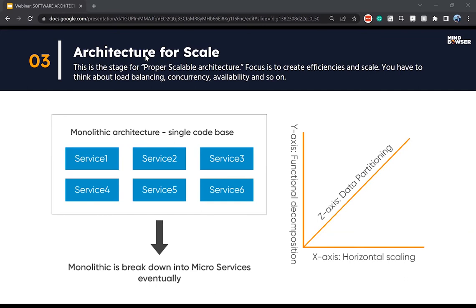Now, what next? Functionality keeps on increasing. So why can't I split this single monolithic into multiple microservices, each microservice catering to one function? If you take a typical healthcare application, for example, patient-related functionality can be one microservice, doctor-related functionality can be one microservice, security itself is one microservice. Like that, we can split based on the functionalities. So that caters to the y-axis.